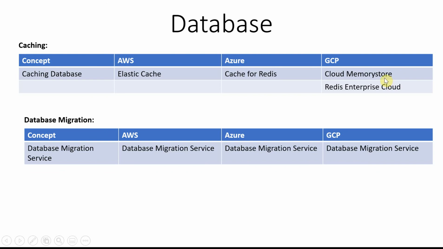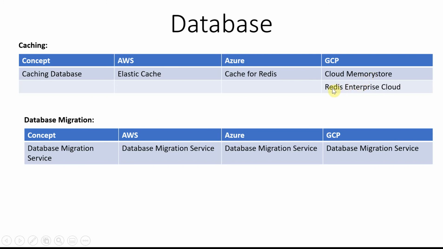This is, again, if you want to store everything in memory, so an in-memory kind of DB, that is Cloud Memory Store. It's not an in-memory database like SAP HANA, but it's a miniature version of a memory store where everything is similar to Redis. Redis will also store everything in in-memory cache.